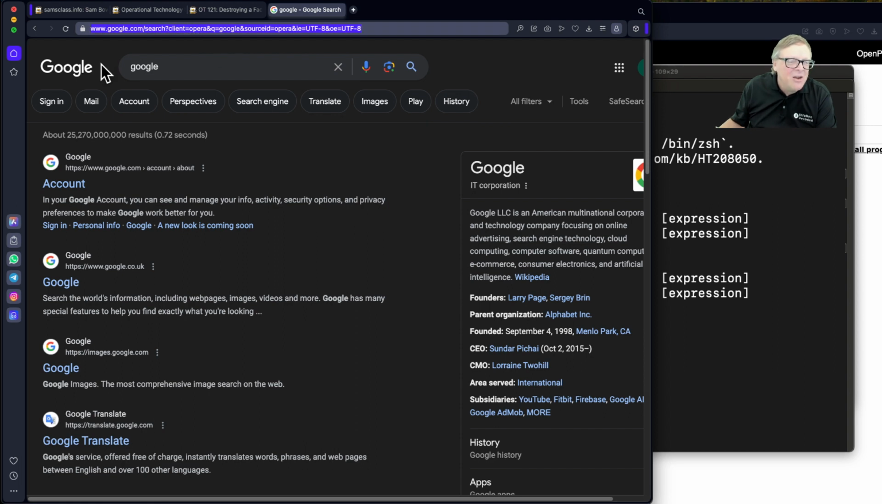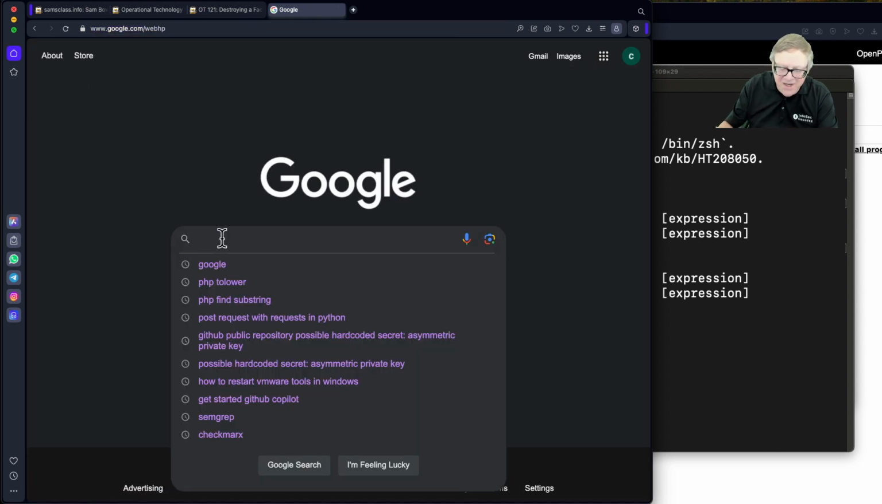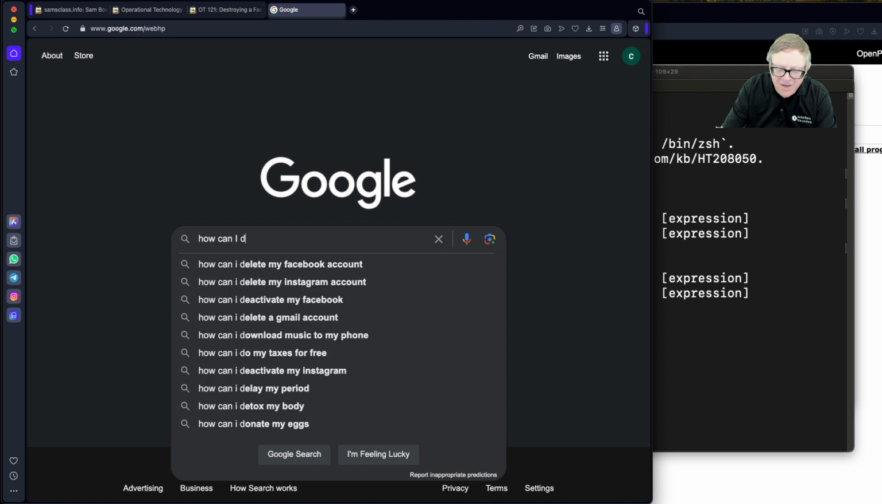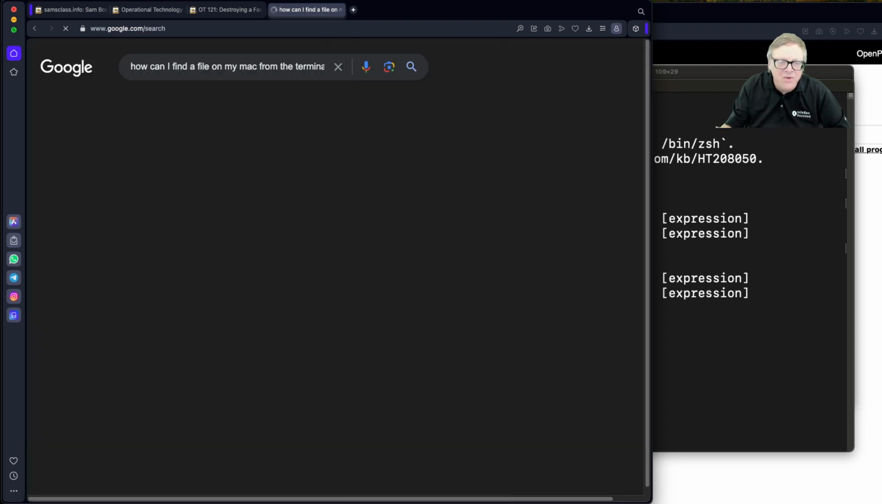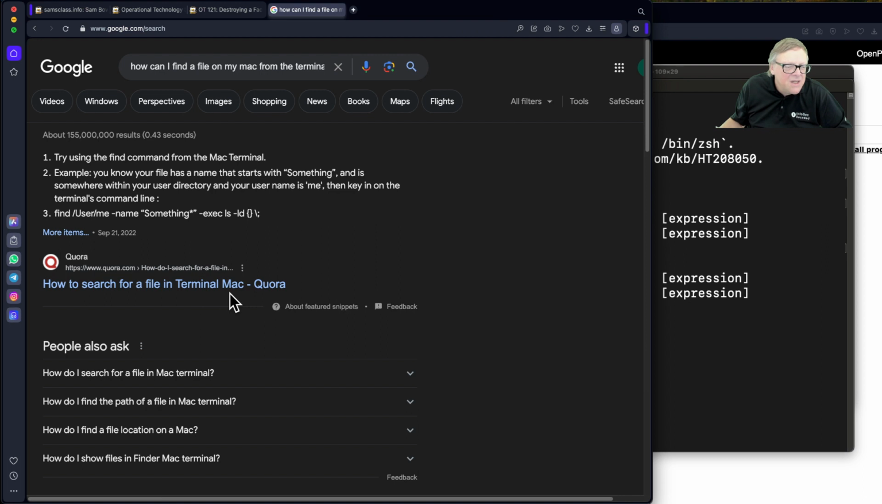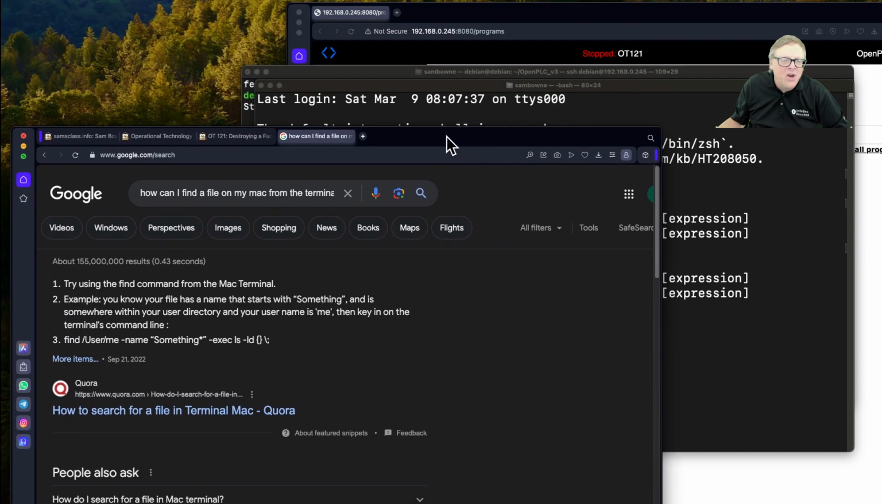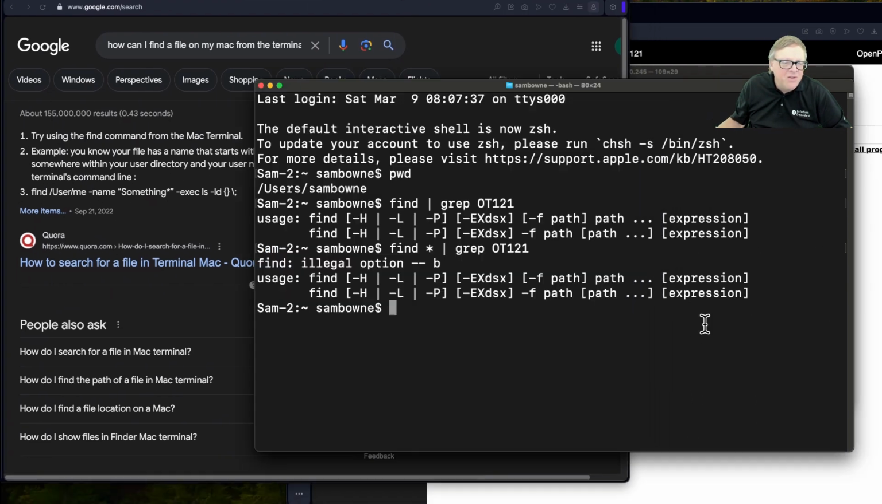All right. Google. How do I find a file on my Mac from the terminal? Because all the GUI stuff doesn't work. Using the find command. Find -name. Okay, that's the find thing. That's the hard way. I thought I had an easier way, but I'll settle for this. So it's find dot dash name